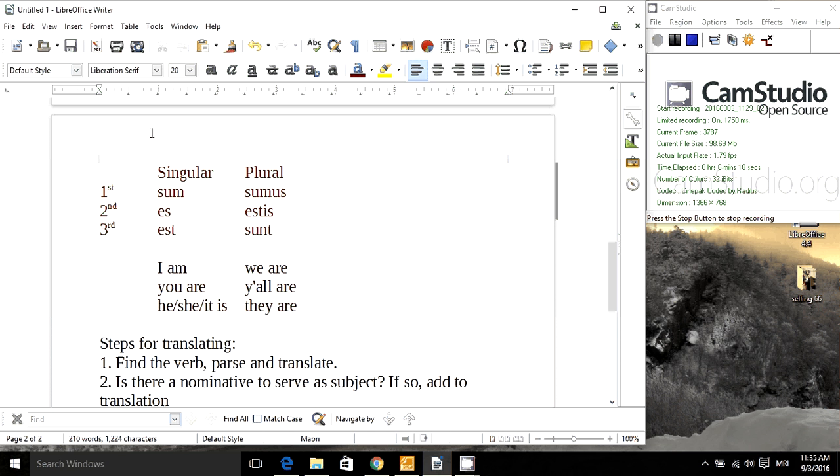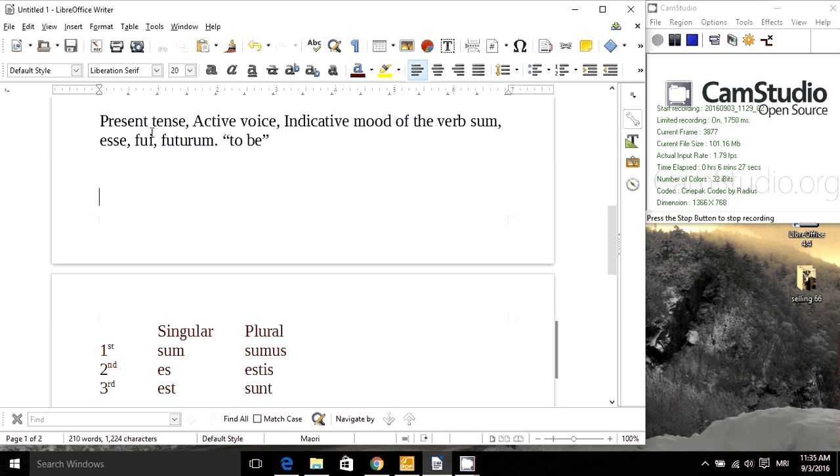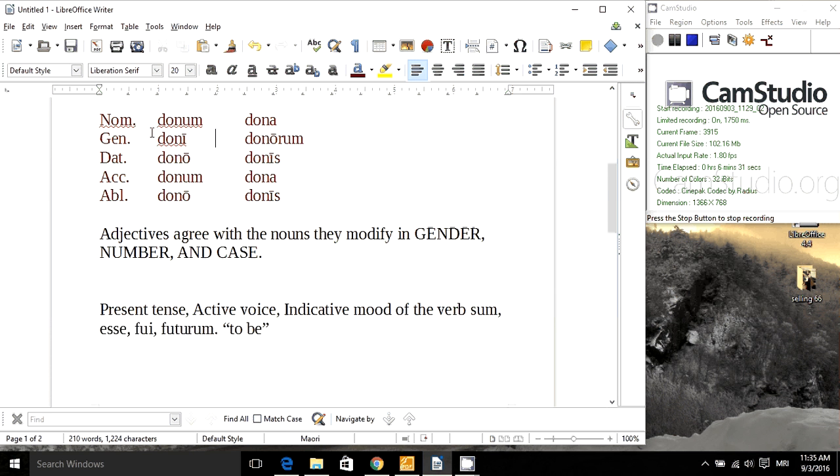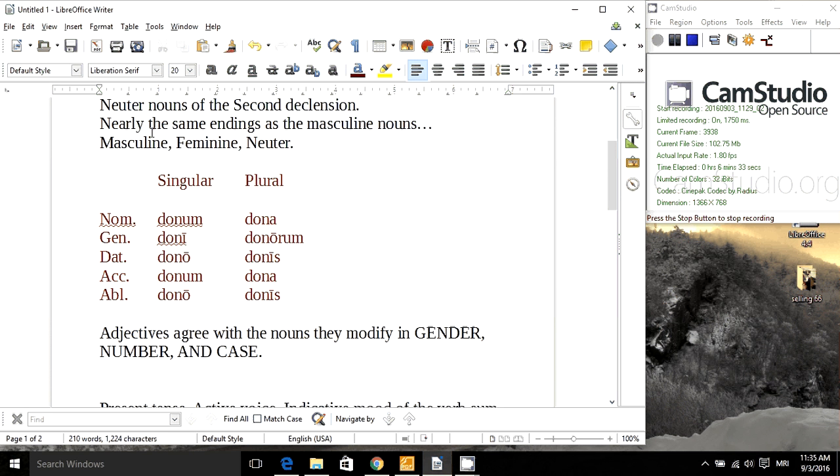Sum, es, est, sumus, estis, sunt. So not too terribly difficult to memorize, but they will need to be memorized. So those are the only forms this week. Relatively easy chapter. Just the forms of sum and the present indicative active, and adding these neuter nouns to our